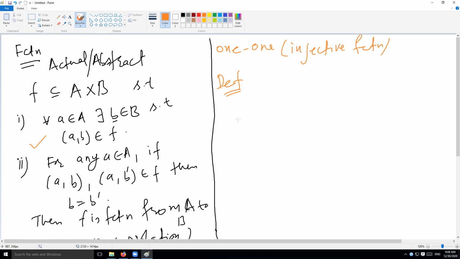So the definition that I'm writing is not coming out of nowhere. It is coming out of somewhere. So we had a long discussion on why a function from A to B is one-one or injective if